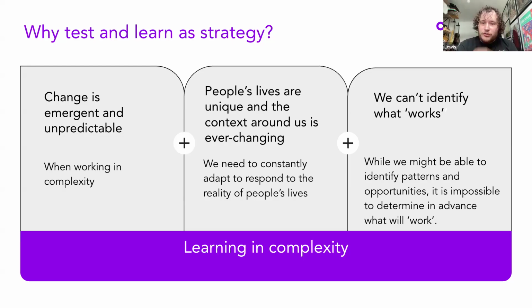So what we're trying to do is identify patterns and opportunities rather than suggest that this is the way to solve this for somebody, because that is so person specific that it's impossible to say that what worked for one person will definitely work for someone else. And so that's why we need to take test and learn as a strategy, because we need to continuously learn about the people we're working with, the people we're supporting, in order to deliver services that provide them the support, and in turn change systems so that people's lives are improved collectively.